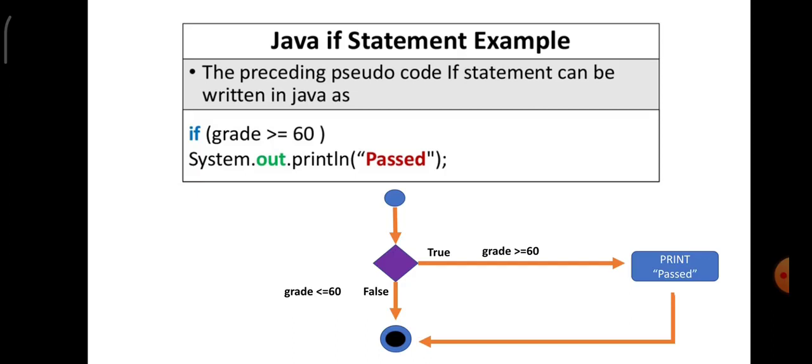And below I have clearly given you the flow chart. It comes inside. Look out for a condition. The condition is true, grade greater than or equal to 60. So it is printing passed. If the condition is failed, for example, you are giving 20 as grade. So is 20 greater than or equal to 60? Condition fails. When the condition is failing, it will not execute that print statement at all. It comes out of the loop and then it goes out of the statement. You can also print fail when the condition is false.